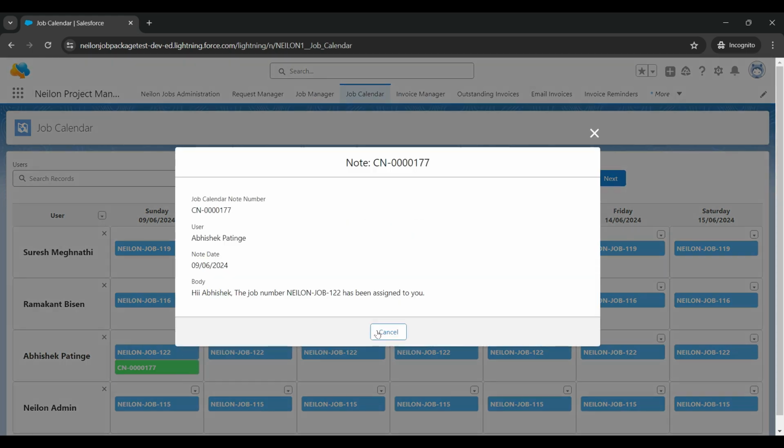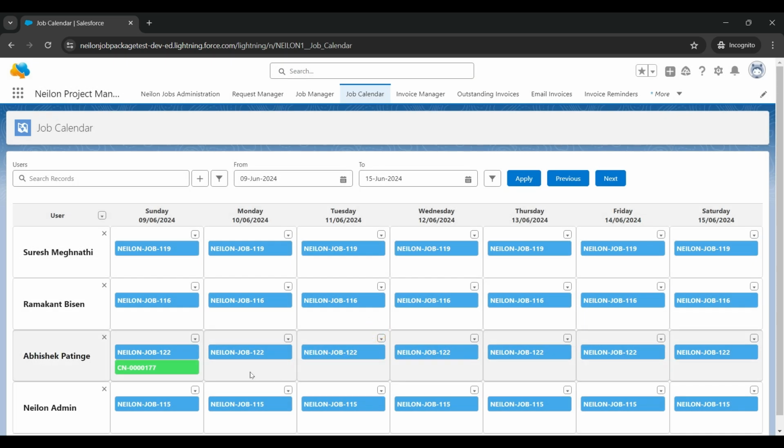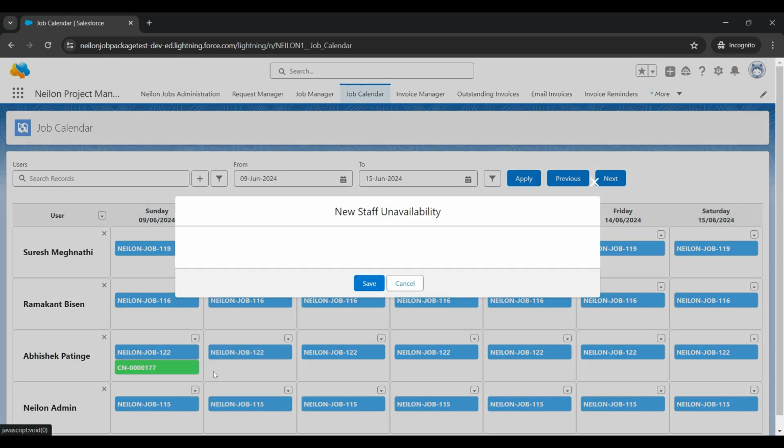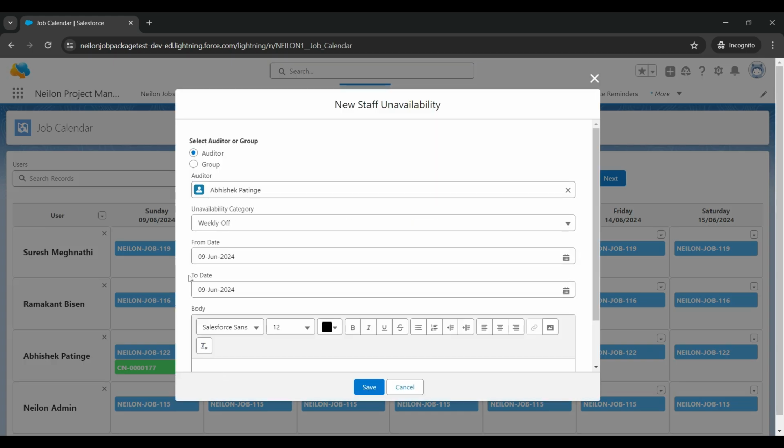To add staff unavailability for an auditor, click on Add Staff Unavailability. Select auditor or group. Select from date and to date for which a staff is unavailable. By default, the unavailability will be added for the auditor and date for which you have clicked the Add Staff Unavailability.